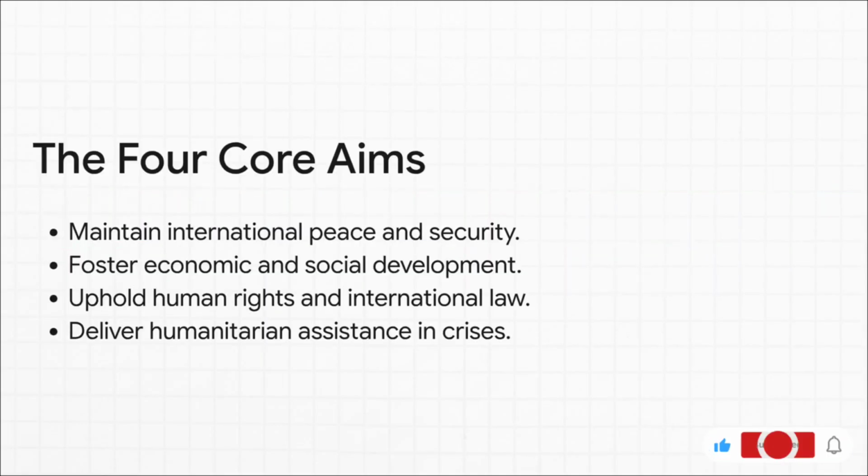So, what's the UN's actual mission? What's its purpose? Well, it all boils down to these four core aims. Think of these as the four massive pillars holding up the entire organization. Everything the UN does, from sending peacekeepers to a conflict zone to pushing for the SDGs, which we'll get to in a bit, it all ties back to one of these four goals. You absolutely have to know these four by heart.